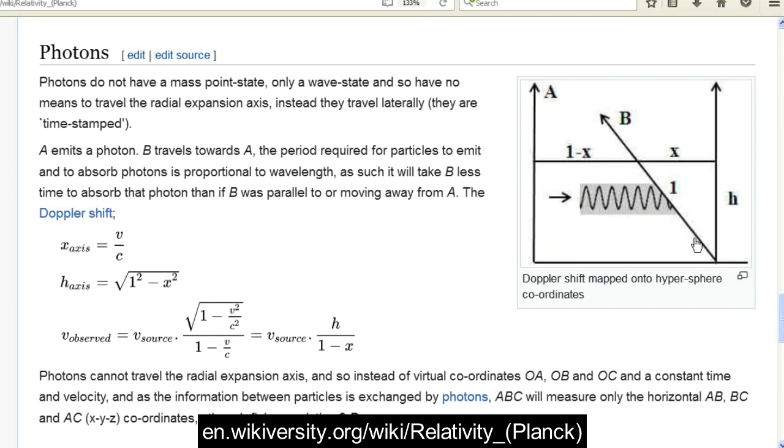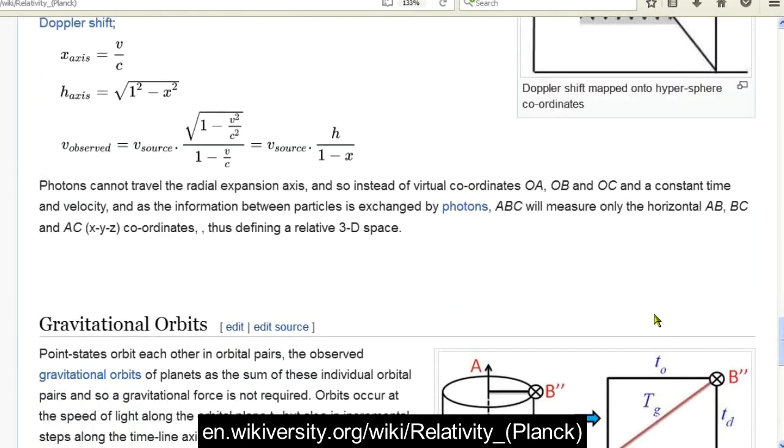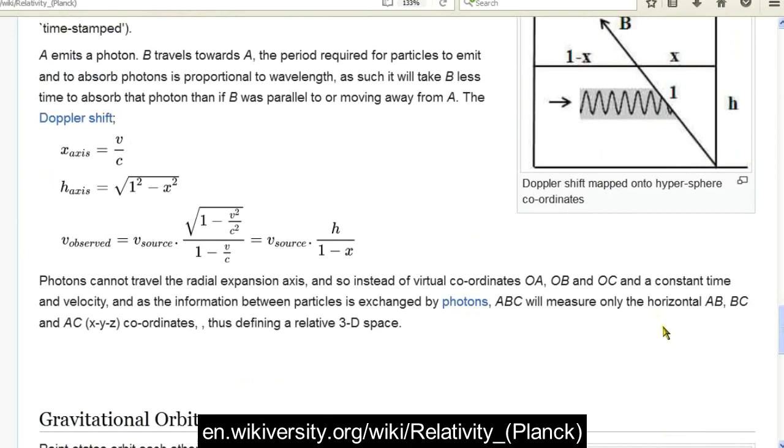The period, the time required for a particle to emit and then to absorb a photon, is proportional to the wavelength, and so it will take B less time to absorb that photon than if B was parallel or moving away from A. This gives us the Doppler shift. But it also means that as the photons only move laterally across the hypersphere and not with the radial expansion of the hypersphere,